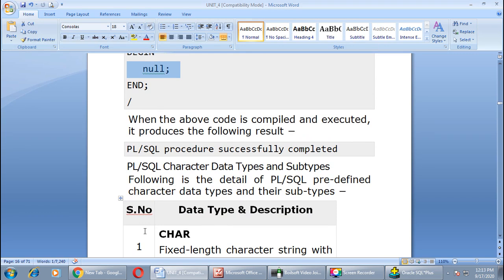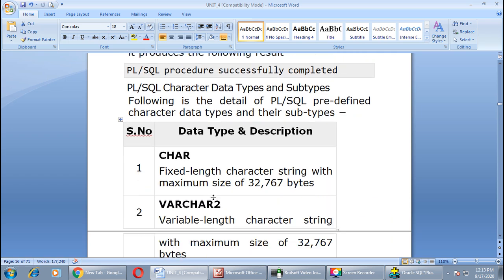PL/SQL character data types and subtypes. Here one more table is given. In this table, character data types are listed as well as their subtypes. Following is the detail of PL/SQL predefined character data types. First one is CHAR, a fixed length character string with maximum size of 32,767 bytes. Second one is VARCHAR2, a variable length character string, means you can store any number of characters in this